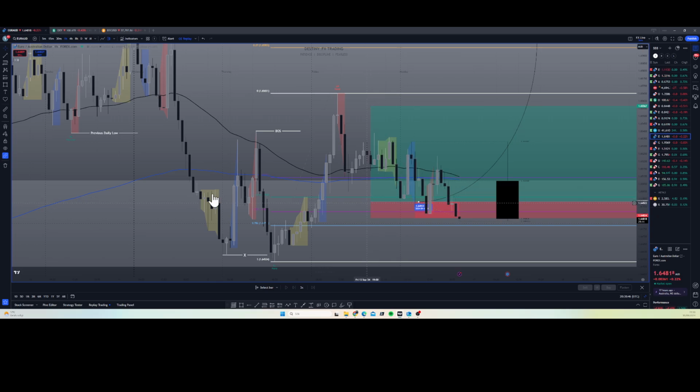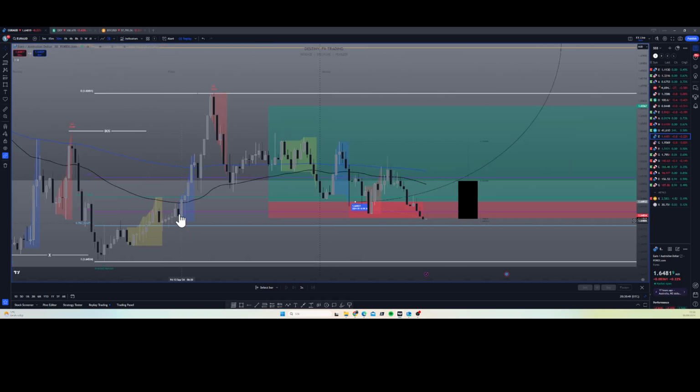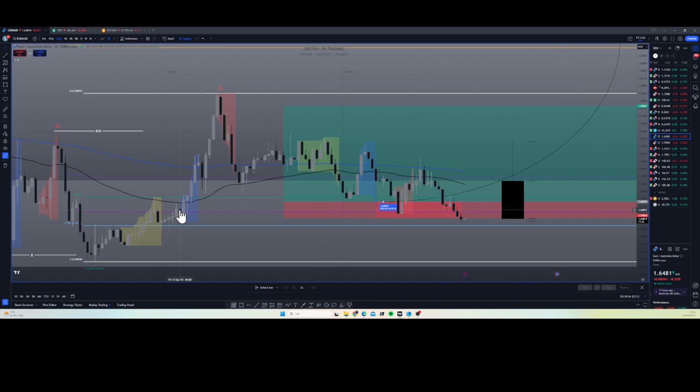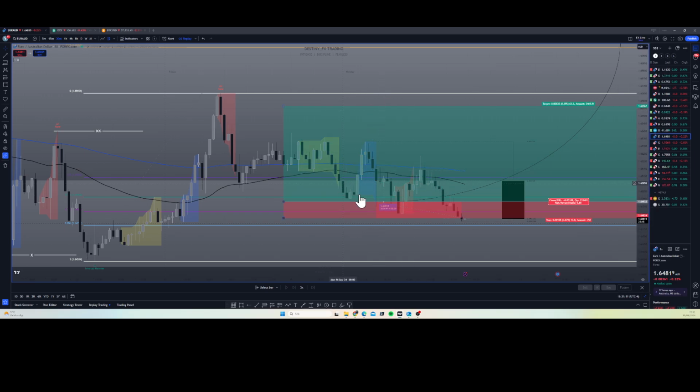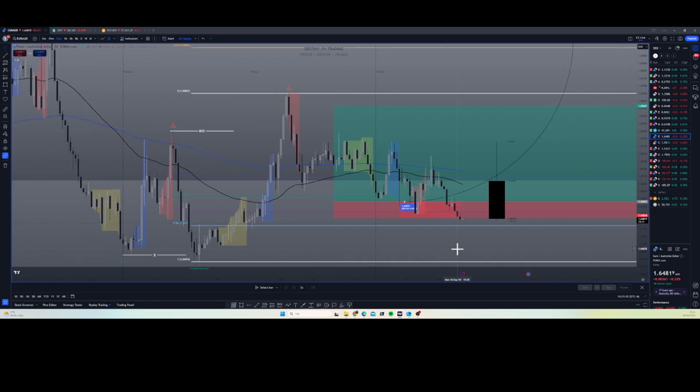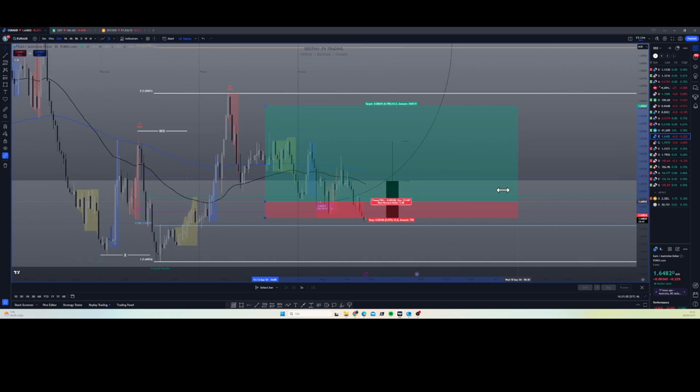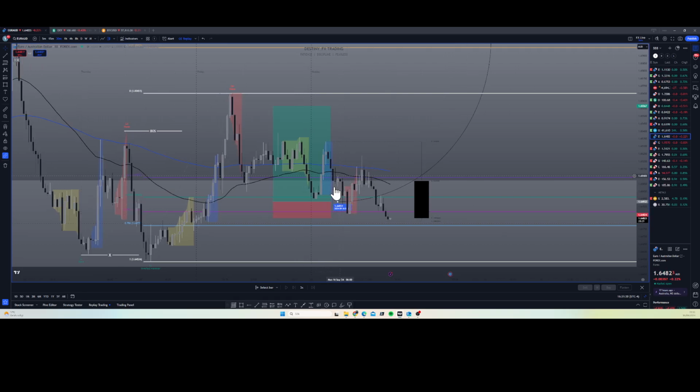I did put a buy limit because on the M30 we do have this down candle, which I see as a bullish order block. We wicked into this area once, and let's change it to New York time. And as you can see, we got tagged into here, and then I want to see a bullish movement. So once we enter this area and came down to this bullish order block,